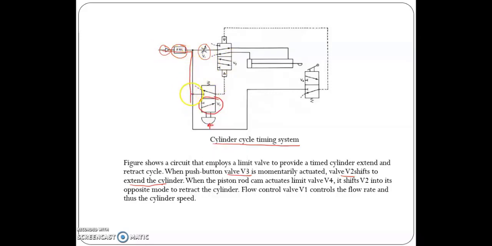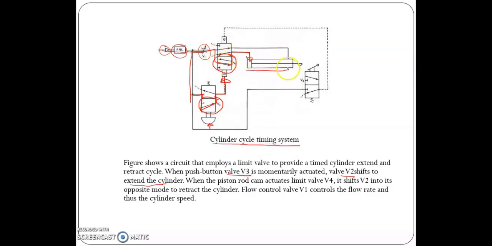Okay, from this one dia akan masuk to this port. So dia akan activate the 5-2 DCV. So bila dia activate the 5-2, and then it will shift to this position. Okay, and then the compressed air will flow through the throttle valve dan masuk ikut sini. So dia akan menyebabkan this